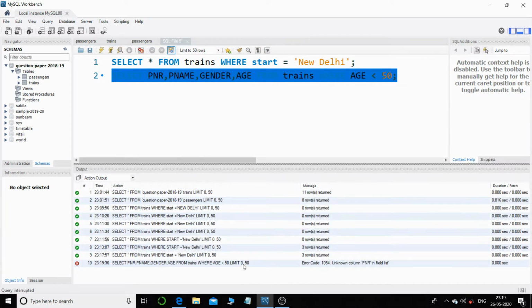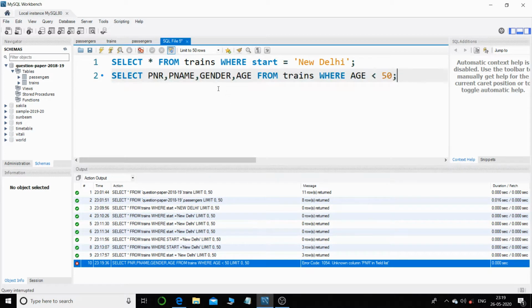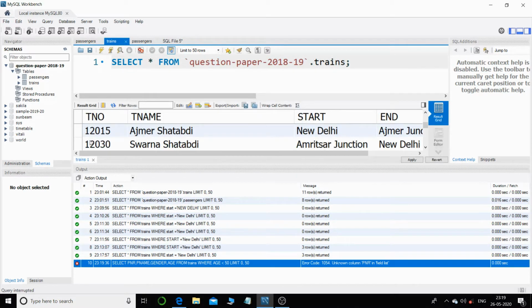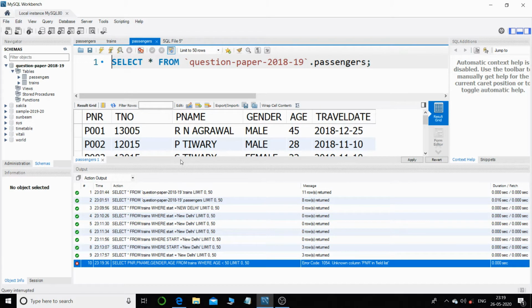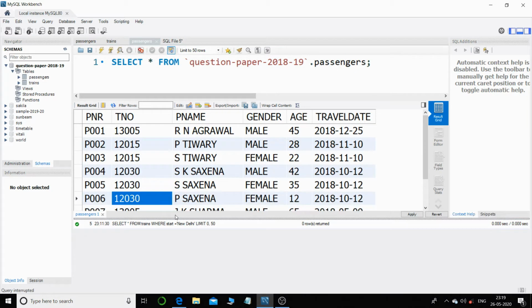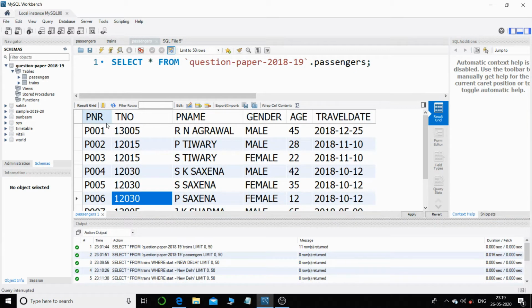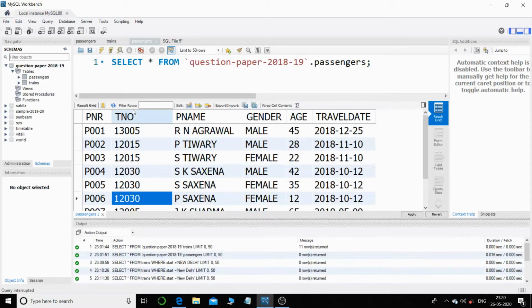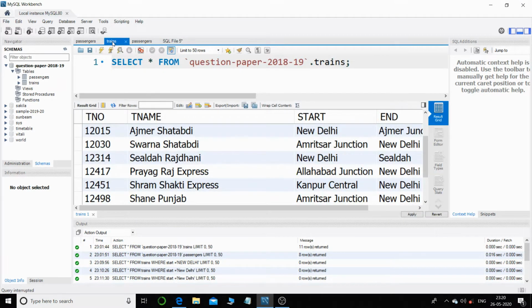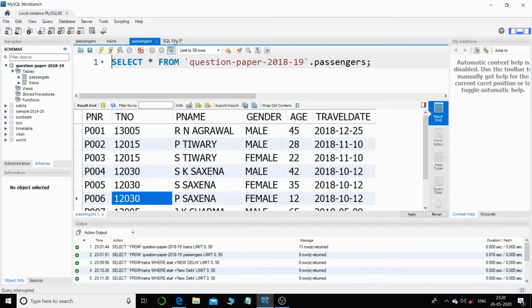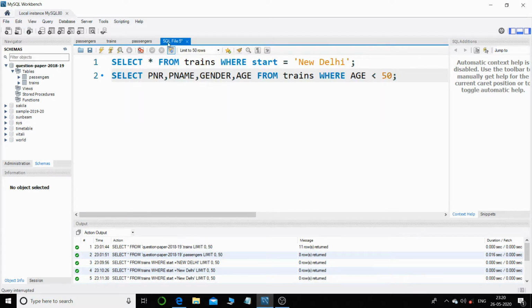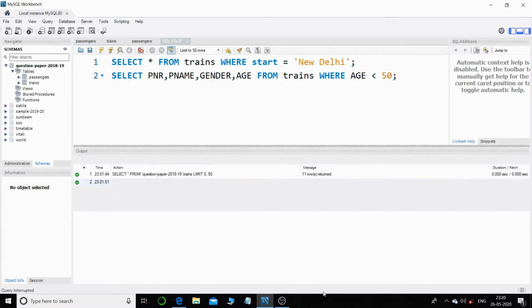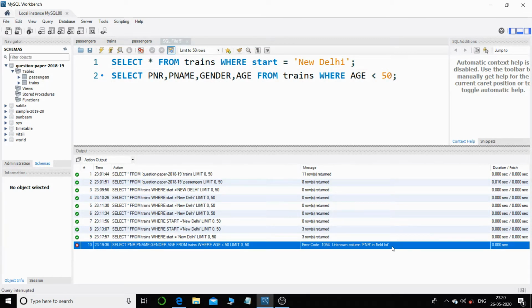Okay. So there is an error, that is PNR field is not in the list. So let me just check the table, that is PNR number. Okay, so over here the thing is, this is the PNR number, and the question was that we have to display the PNR number, the passenger name, gender and age. Let me just check the table again, that is the PNR. Okay, just a minute. That is PNR. Okay, that's good. Then comma PNAME and gender, and it says that the PNR field unknown column